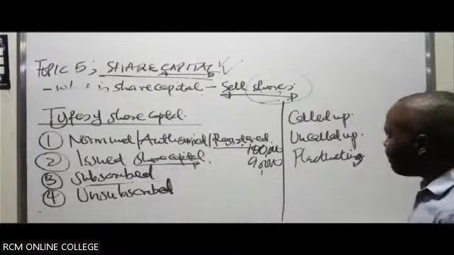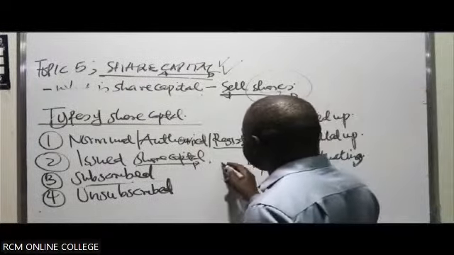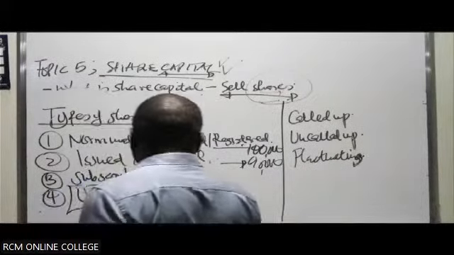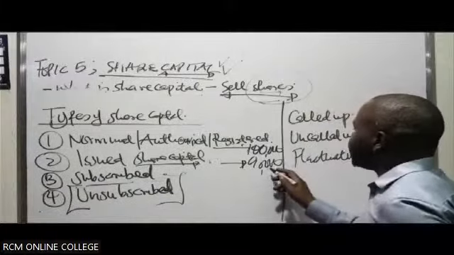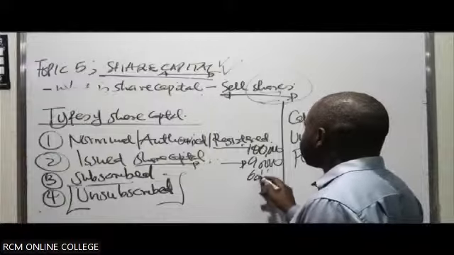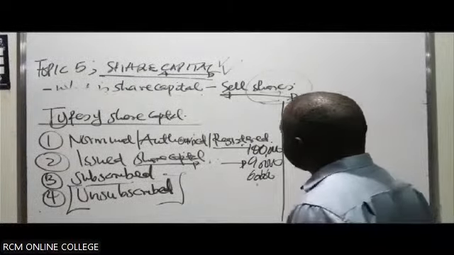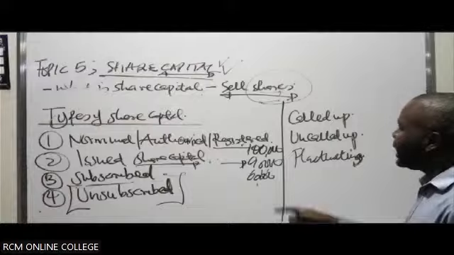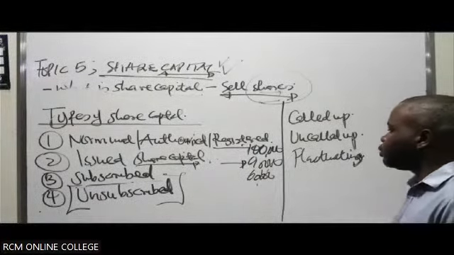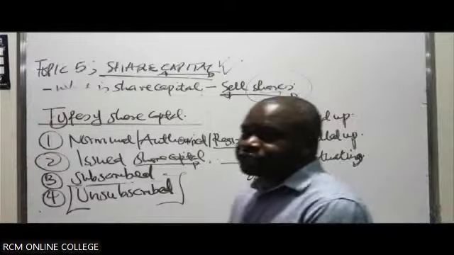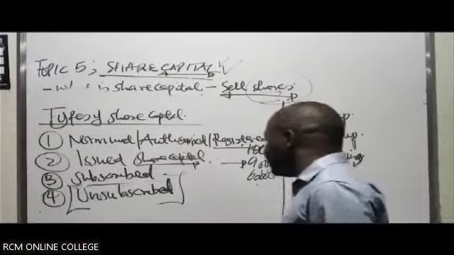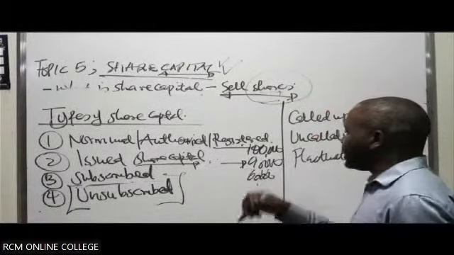If it happens that it is not fully subscribed or applied for, we can have a portion of the share capital which is yet to be subscribed for. Maybe they issued 90,000, but people have only applied for 60,000. This can arise. There can also be an oversubscription, where so many people apply for the entire thing, and when making the allotment you have the problem of deciding how to distribute the shares. But sometimes there can be a situation whereby you've issued as a company 90.